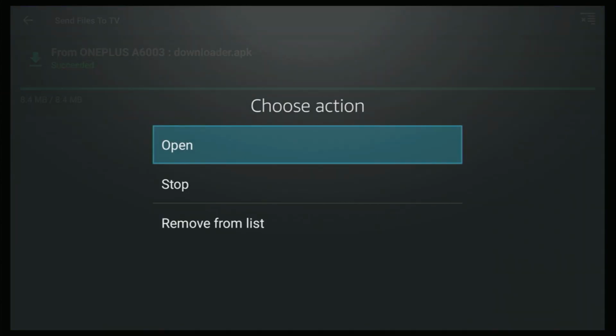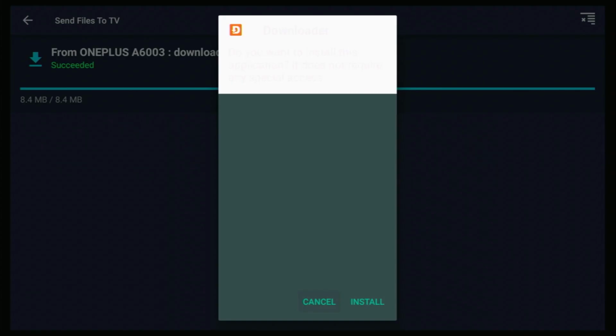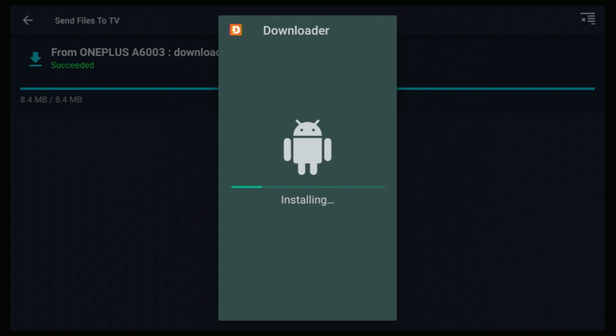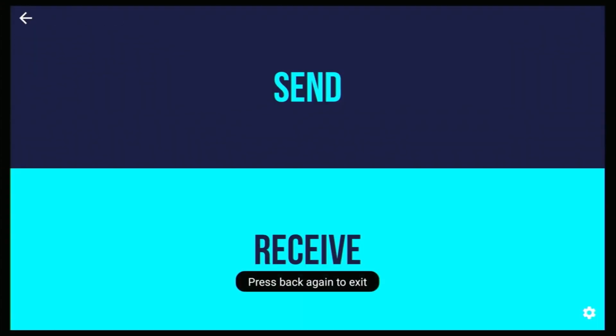So the downloader file is now on my Firestick, but I've got to install it. So let's press the down part of the arrow on the remote control to darken where it's got Downloader. Press the middle button and just see if this works. Click on Open or tap Open. If it comes up with any security warnings, then what you might have to do is allow any warnings here. Go across to Install, middle button on the remote control, and let it install. There you go. Once it says it's installed, go to Done, and then come right out of this, and there